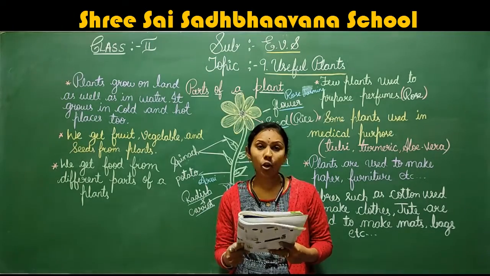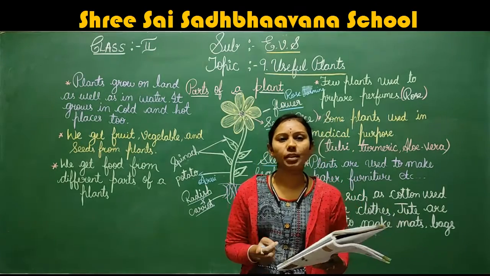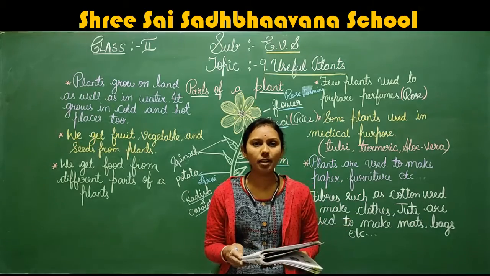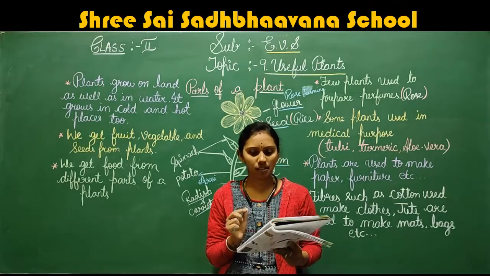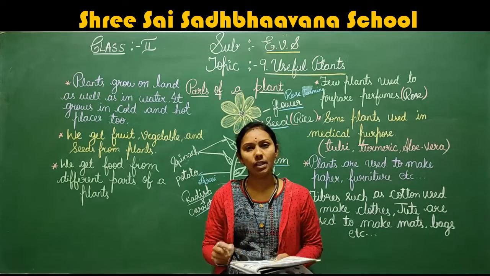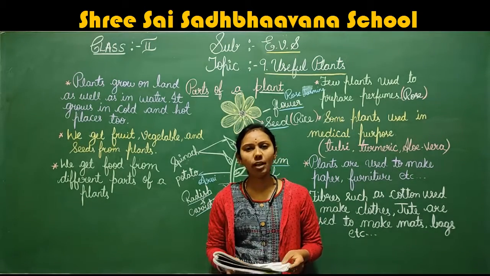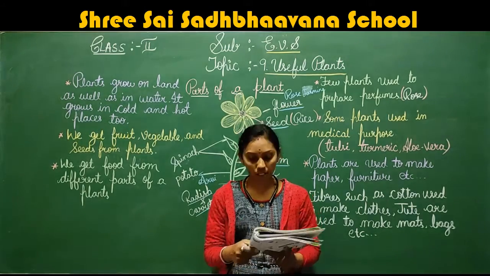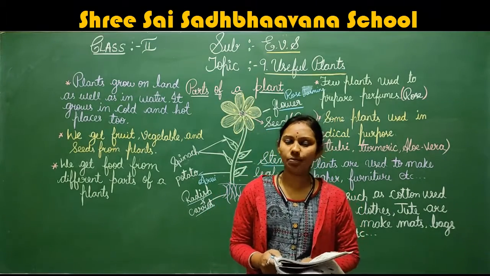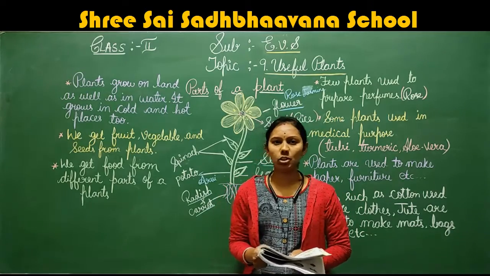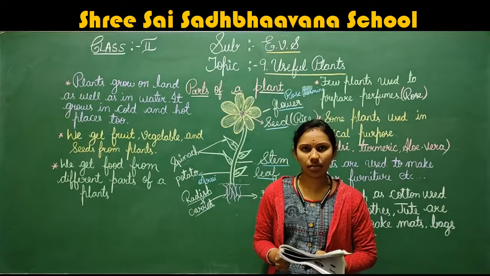Spices, I'll say, like coriander seeds, cloves, pepper, turmeric. You can see at home you will be having this. Okay, tell your mama to show this. Coriander seeds, then cloves, pepper, turmeric. Why do we need to add it? While preparing food, why should we add it? Because it gives the taste. Spices give taste to our food. So only we are going to add the spices. The spices we are getting from the plants itself.